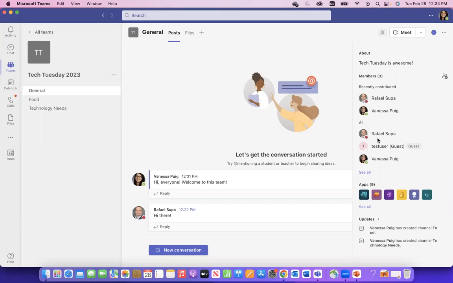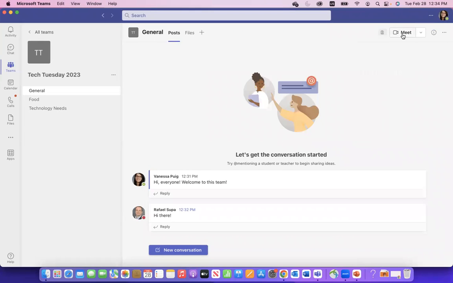So you might have seen while Raphael was talking, I added a guest user with an nyp.org domain. If they were a real person, they would have access to this team and they could collaborate just like everybody else. Again, there's that big icon at the top if you wanted to start an ad hoc meeting, although be mindful that it would start a meeting with everybody who happens to be in this channel. So make sure that you actually want to talk with everybody there.